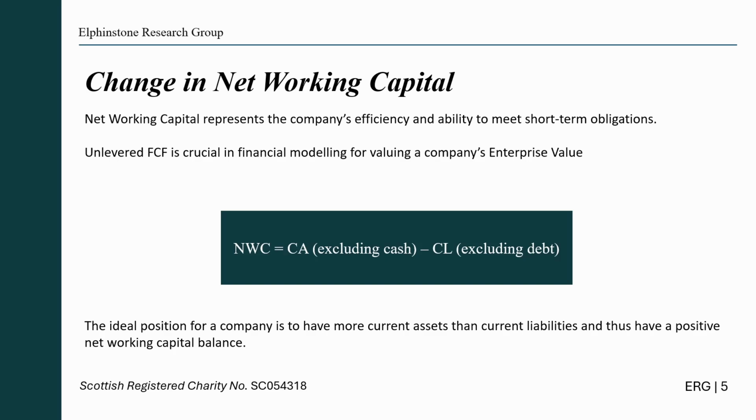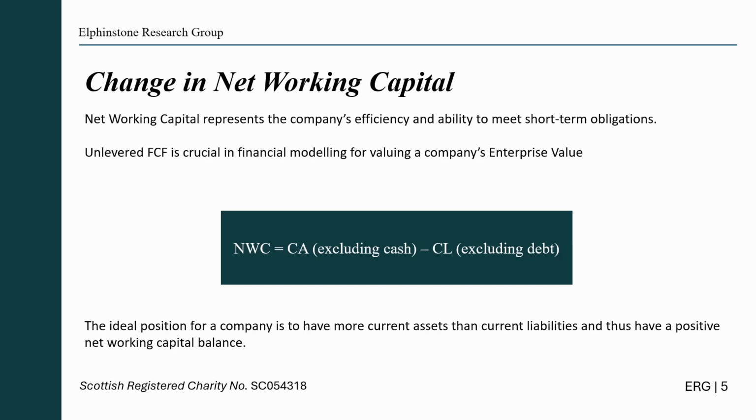And that is more narrow as it only includes 3 accounts compared to the simplified form, which includes all accounts. But let's have a look at the change in net working capital. So when assets go up, cash tends to go down, and that is because you spend cash to buy inventory. When liabilities go up, though, cash goes up, and that is because you're hanging onto your cash longer instead of